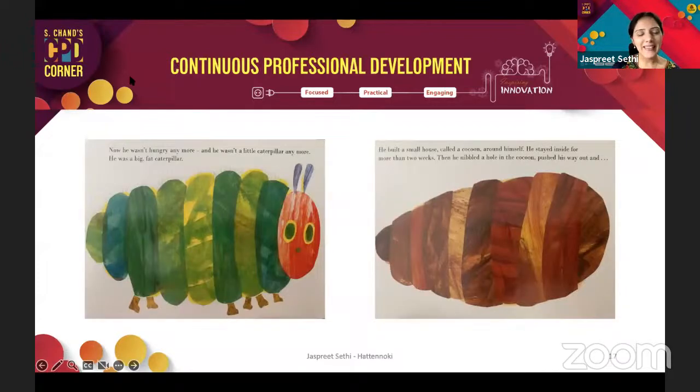So the idea is that it shows the life cycle. I'll talk about all the topics that the book addresses. But as the book is reaching its climax,